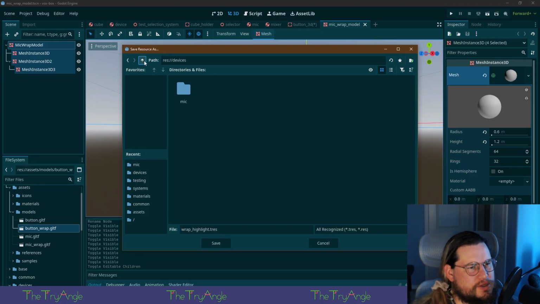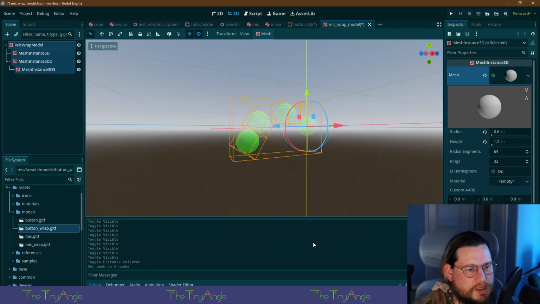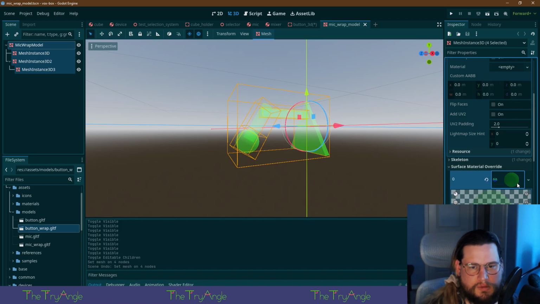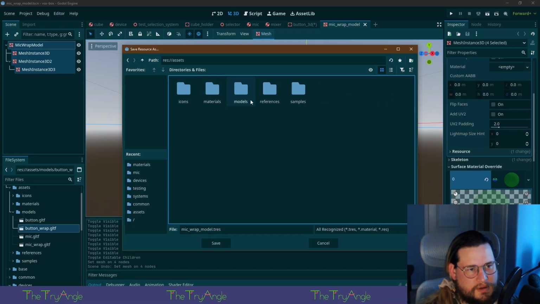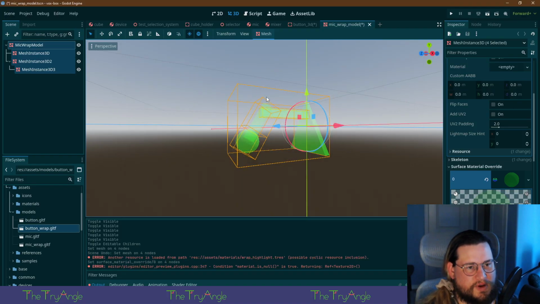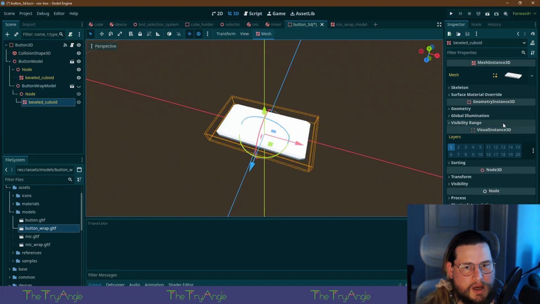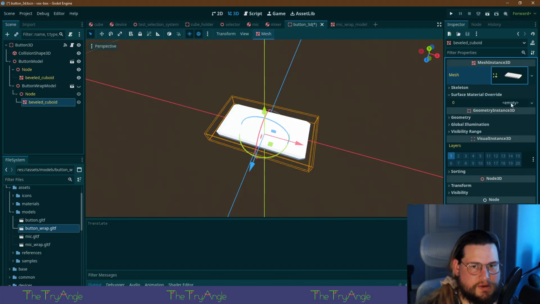Wrap highlight. This should go in materials. Oh, no. That was the wrong thing. You, what are you doing? You're the highlight. Why are they all spheres? Yeah, it's fine. We don't want that thing. It's not correct. All right, here we go. And then you are going to be of the same kind of material.